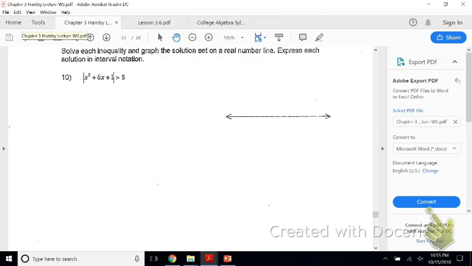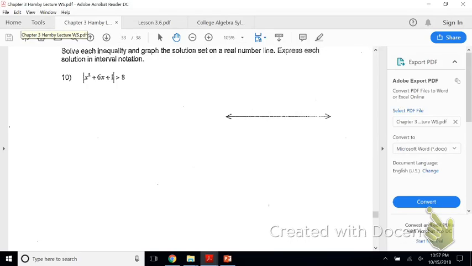Alright, so let's look at this. The last part here is dealing with some absolute value. Remember, what's inside the absolute value can be positive or negative. Because it's greater than, we know that what's inside can be positive or negative, so